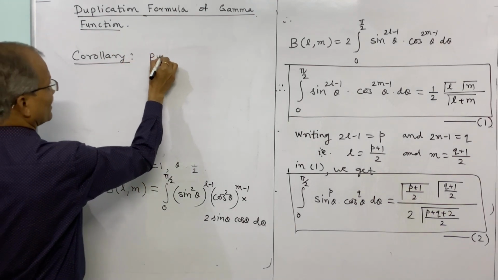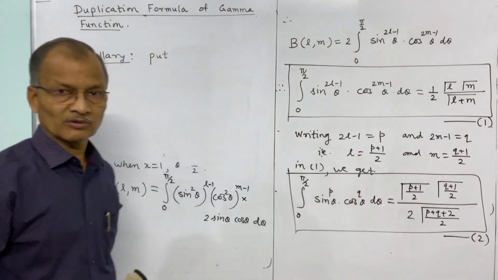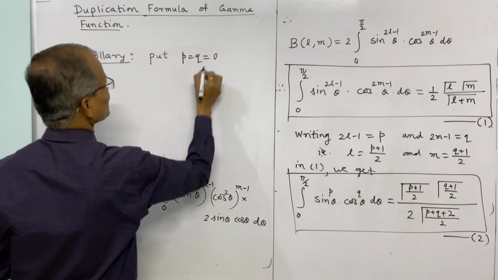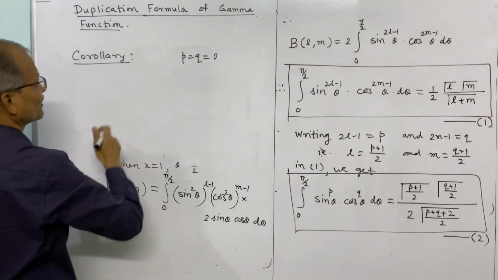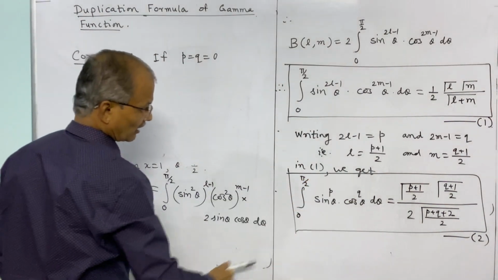Put here P and Q both equal to 0. Put P is equal to Q is equal to 0. Or instead of put you can write, if P is equal to Q is equal to 0, then from 2